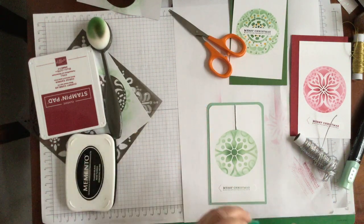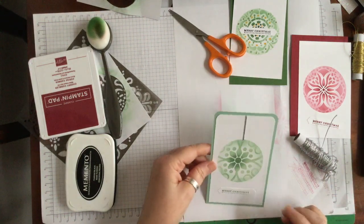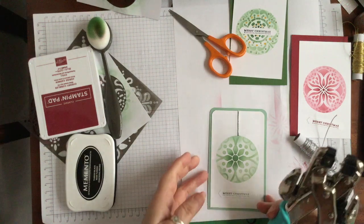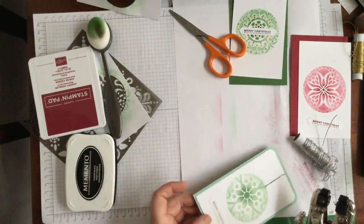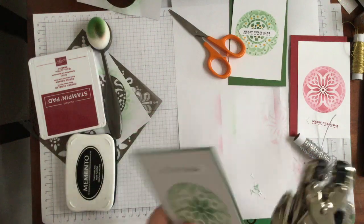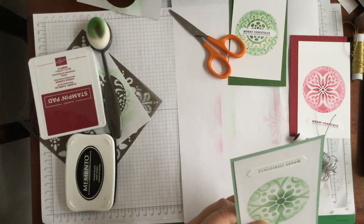Then I'm going to, with my crocodile, punch a hole in the centre, and I'm going to get some little rhinestones as well. So just going around, I've got everything all over the place, different parts. Now this might be quite interesting. I don't know whether I'm going to be able to get my hole through here. We'll have to see. I'm going to put a large hole, and hopefully